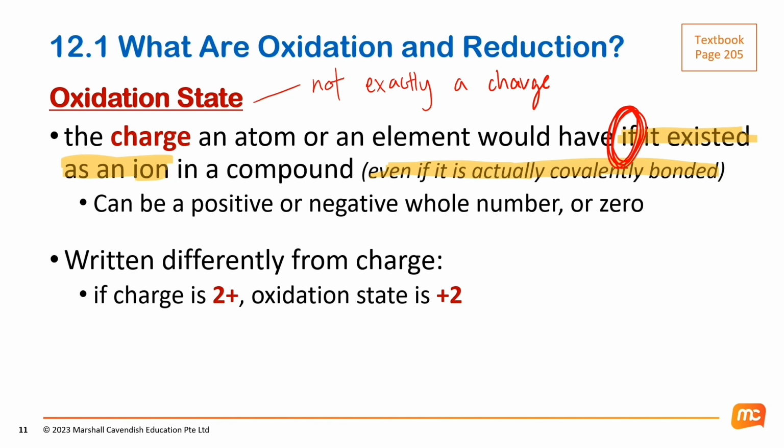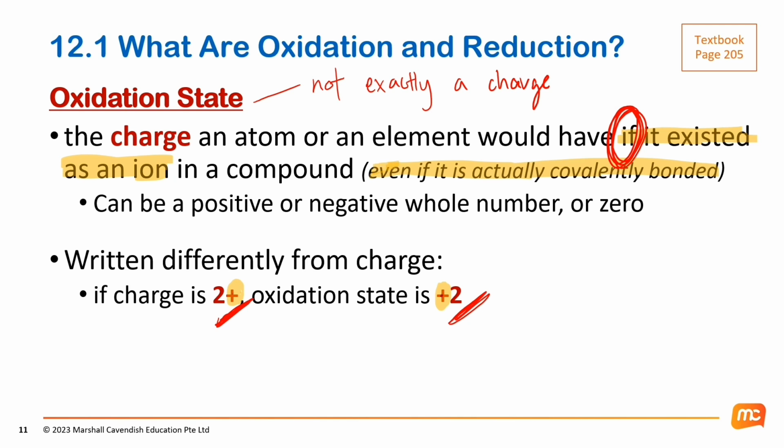So it's written very differently from charges, so you need to know that if a charge is written as 2 plus, your oxidation state is actually written as +2, right? So do take note, I know it's a very, very small difference over here, but you really need to take note of how the symbol of positive in this case actually swaps, right? So oxidation state is always written in terms of the plus first followed by a number, right? So try to get a hang of it. It'll take a while, but eventually you'll realize the difference,